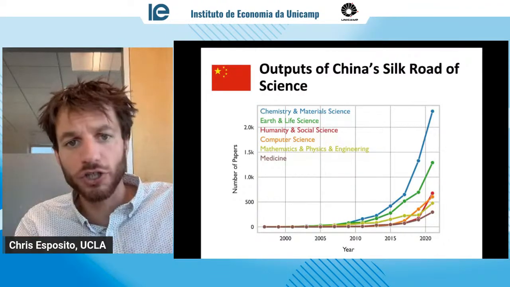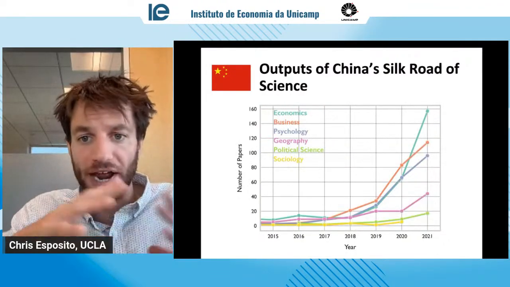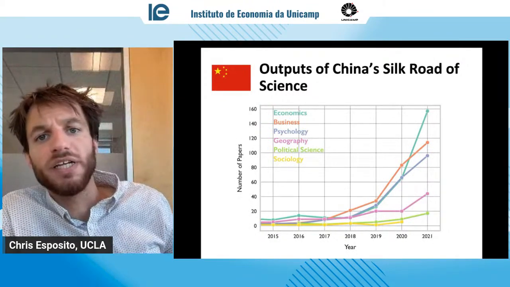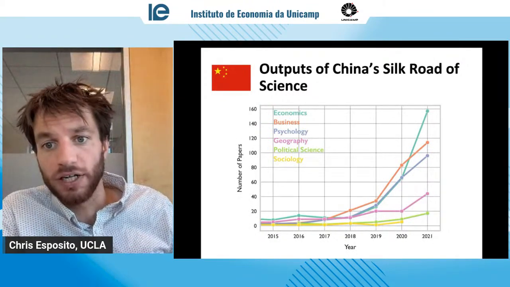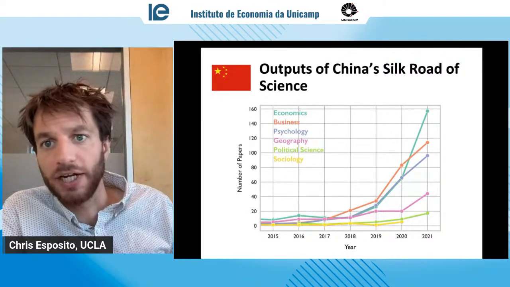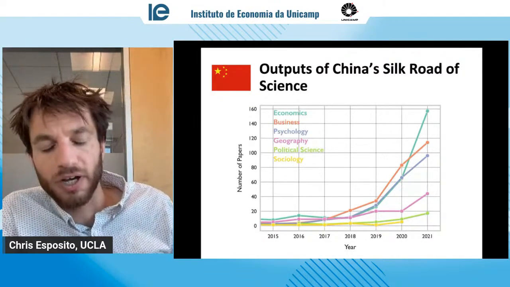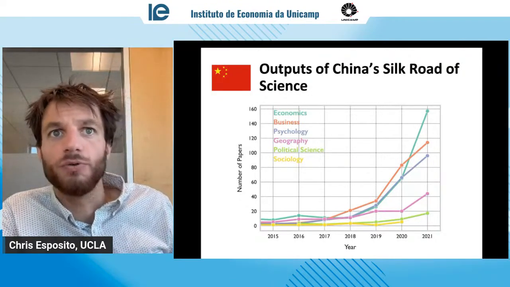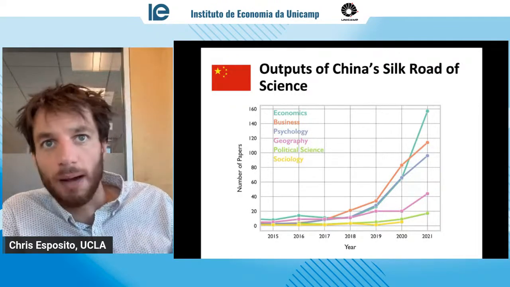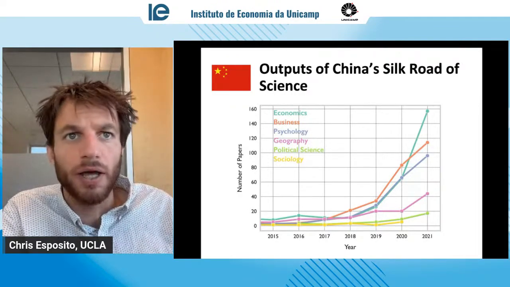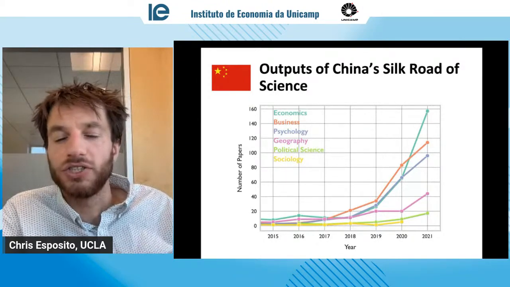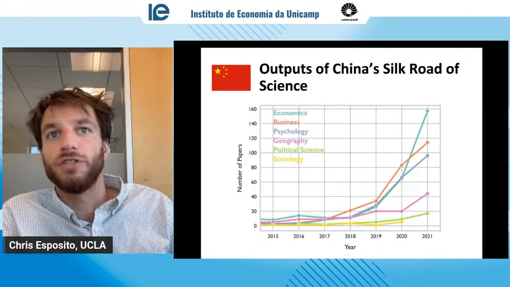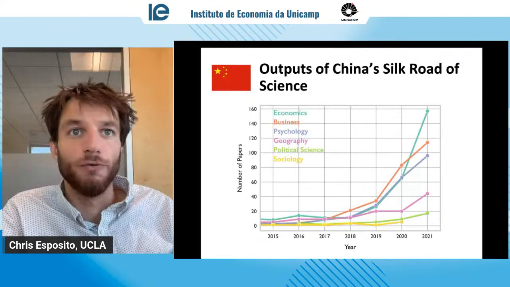So we then parsed the humanities and social sciences to look more narrowly within that to see what subfields they were working in. And what we found is basically they're working in economics and business, right? Those are the top two subfields that China is collaborating on with the Silk Road. And at this point, there's not too many papers, so we're able to look at the actual titles and abstracts and subjects of these papers. And we found it was really research that's about issues in Silk Road nations that are relevant for Chinese investments in those countries. So, for example, we found